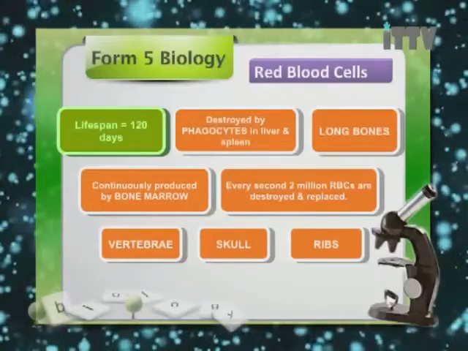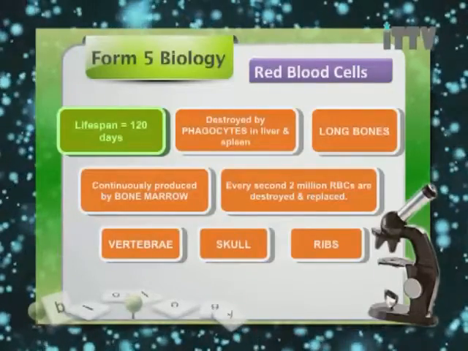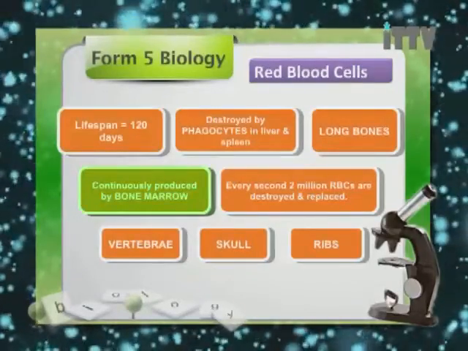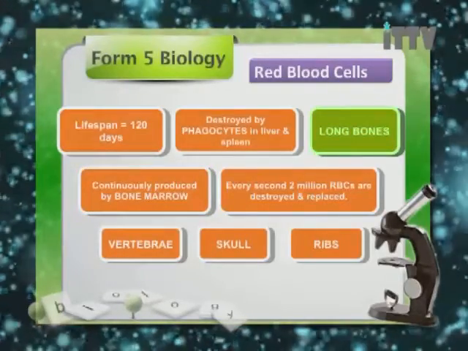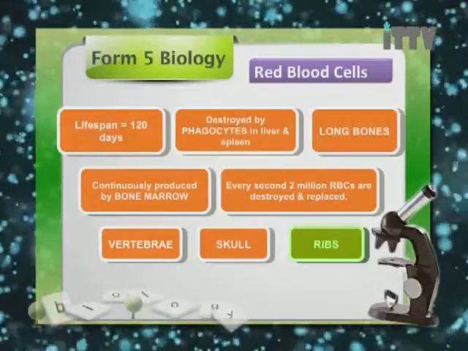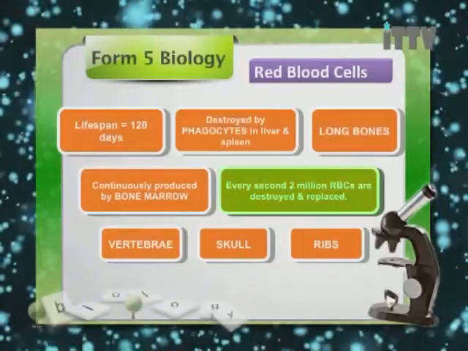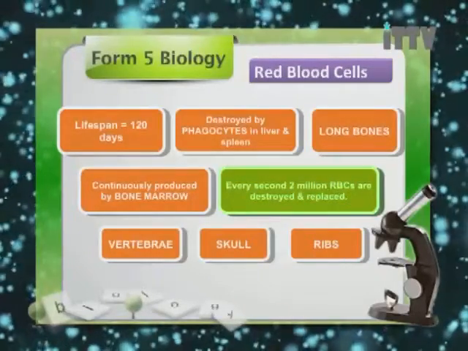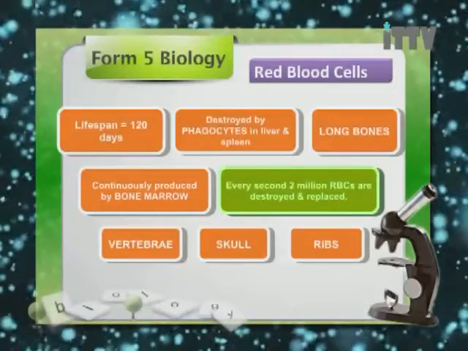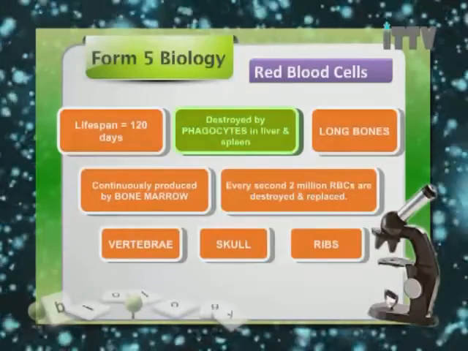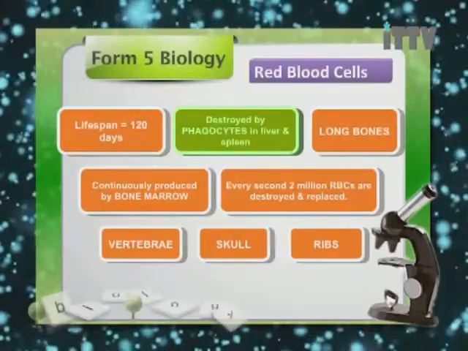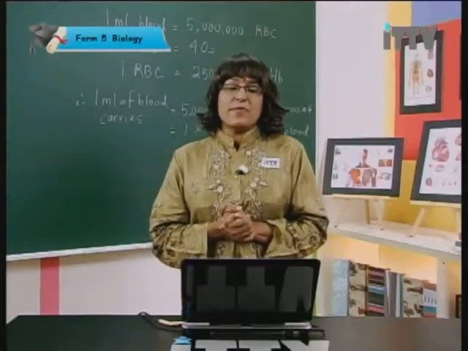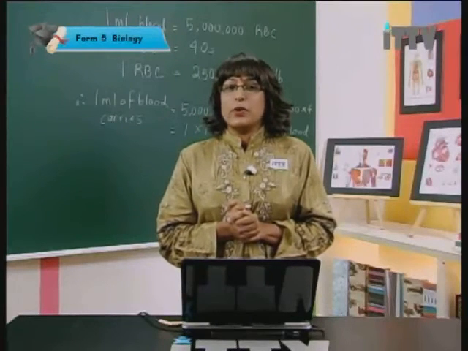The lifespan of a red blood cell is 120 days. It is continuously being produced in the bone marrow of the long bones, ribs, skull, and vertebrae. Every second, 2 million red blood cells are destroyed and replaced, and they are destroyed by phagocytes in the liver and spleen. Now that we have known about our red blood cells, let us look at our white blood cells,